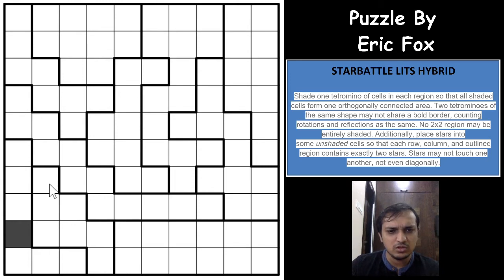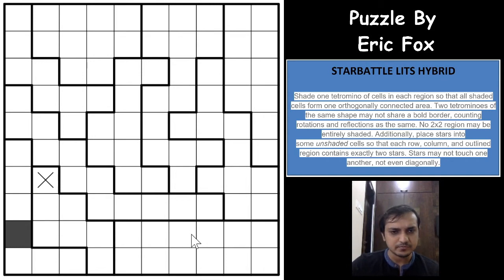Okay, so this cell won't be a star. As you can see, in a normal star battle puzzle, we look for the last two rows or last two columns, or any two rows or columns together, and see where you can place the 4 stars, right? There will be 2 stars in this region, and 2 stars will have to be in these two regions combined, the half of these two regions. Which means that 2 stars will have to be in these 6 cells. So this cell cannot be a star, right?